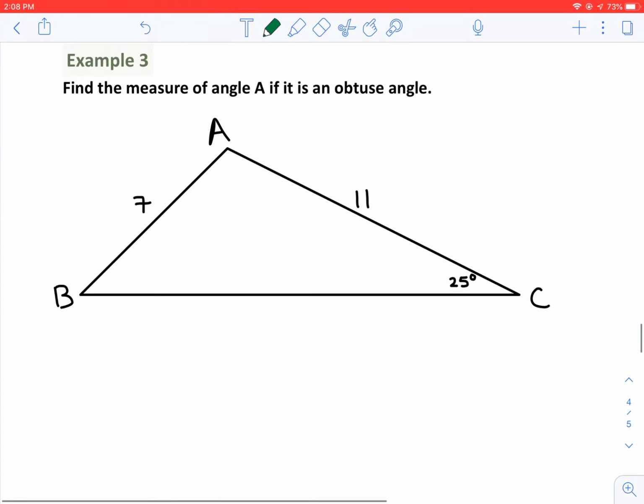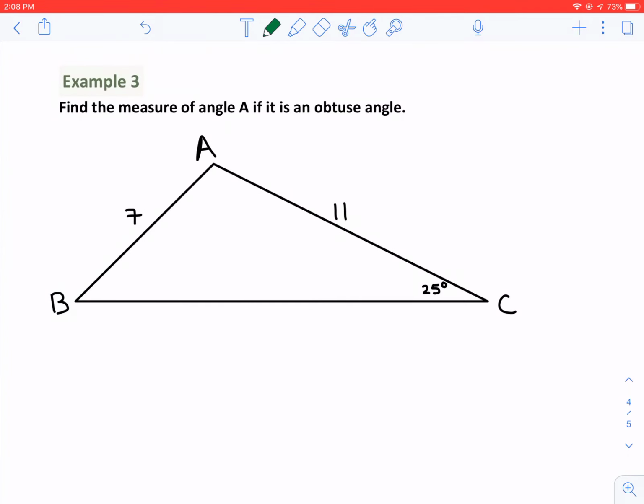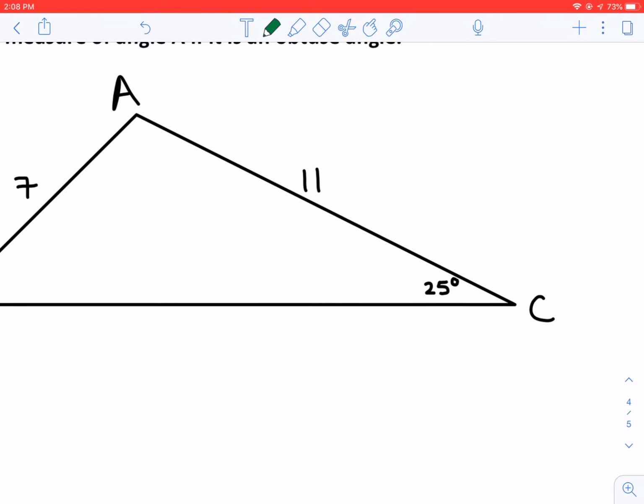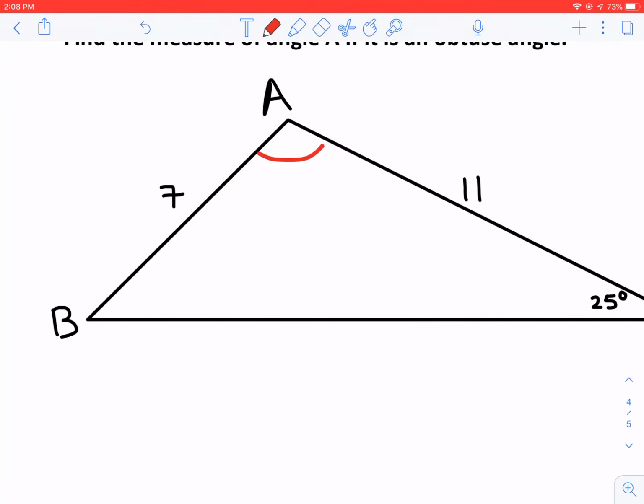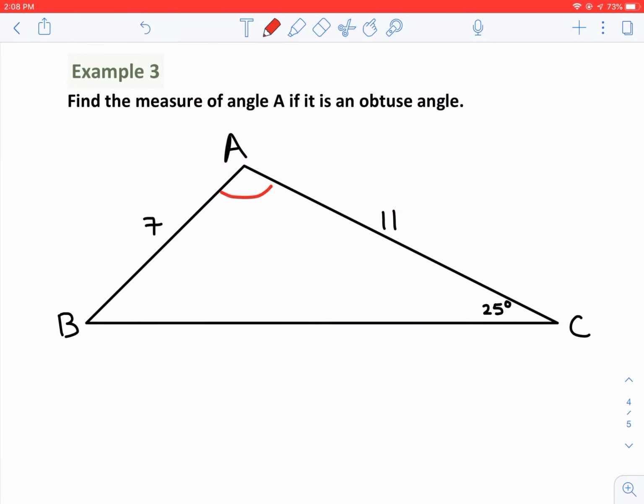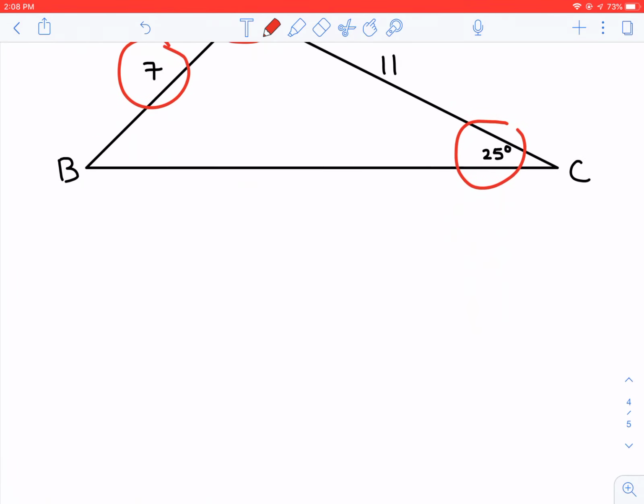Example 3. This one says find the measure of angle A if it is an obtuse angle. Alright, so again we're going to be doing inverse trig because we're looking for an angle, right? And this is not a right triangle, triangle ABC, so I'll be using law of sines again. So I see I have this angle and that opposite of it, so I can set up sine of 25 over 7. That's going to equal,